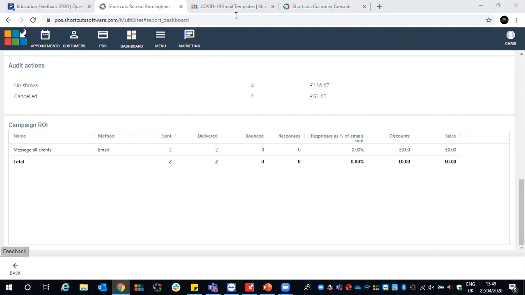Do you have to speak to customer care to install cloud? No, absolutely not. It's a simple website to get onto. It's just pos.shortcutsoftware.com. And it's the same username and password that you use to log into your console that you will use to log into your cloud appointment book. So you don't need to get it installed or anything like that. Just type in